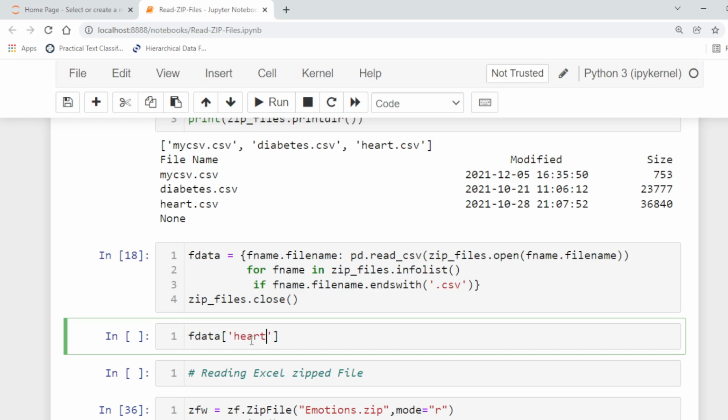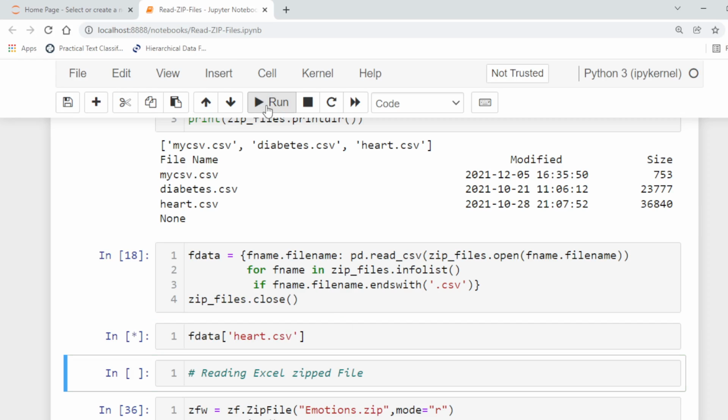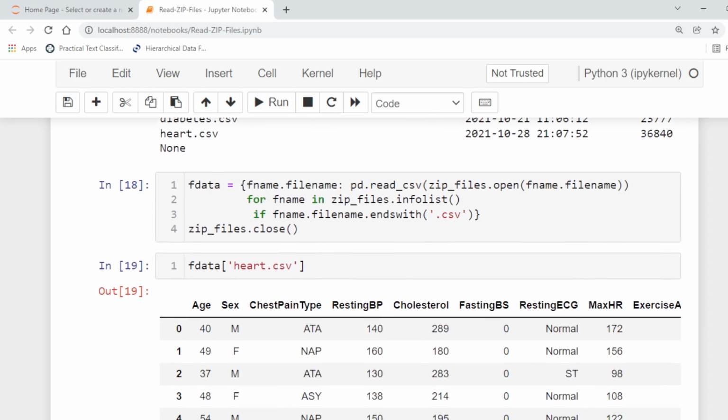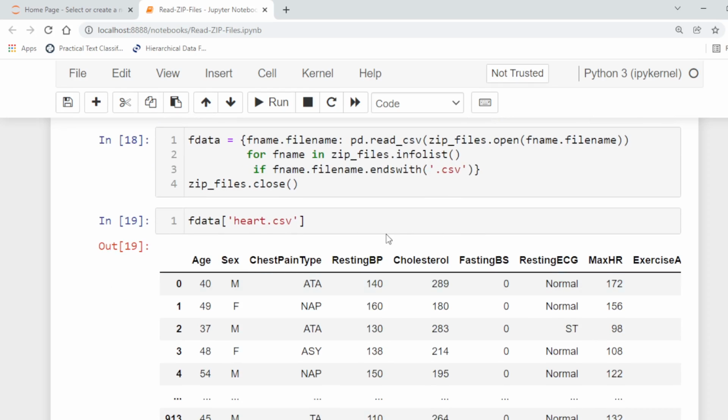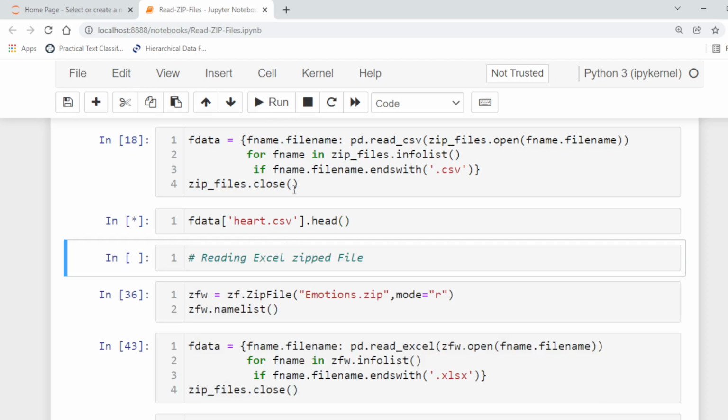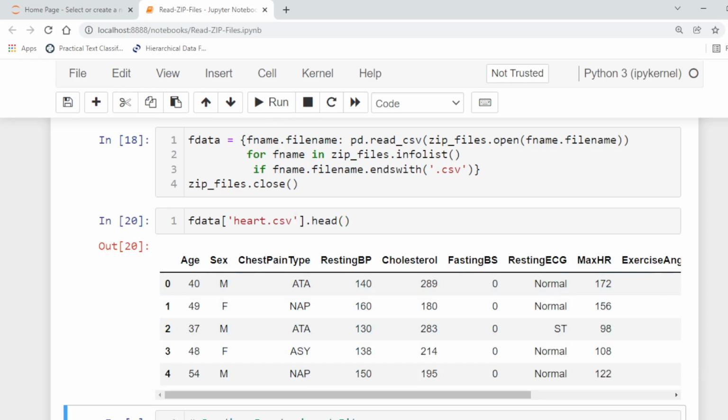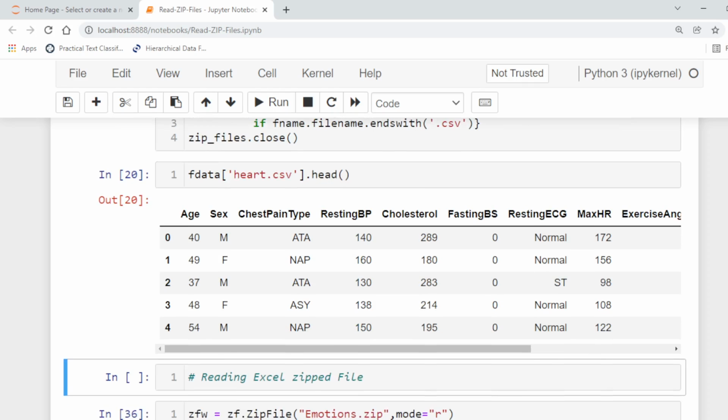The key is basically the name of the file stored in zip format, and it will return the data. If we use head, we just see the first 5 rows. So in this way we can retrieve the files.